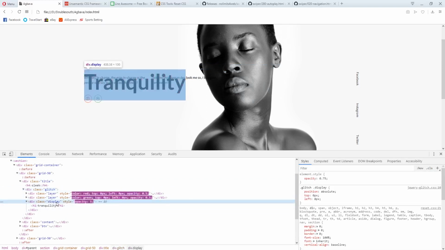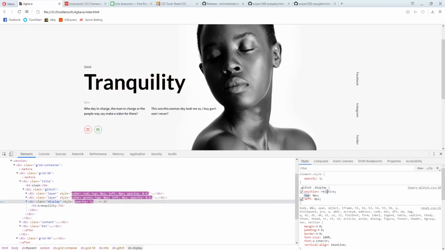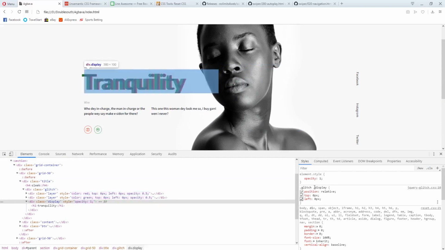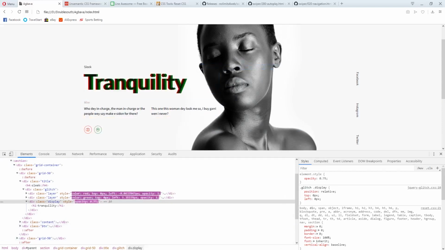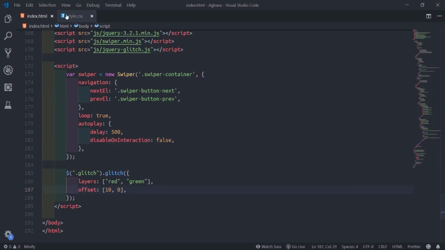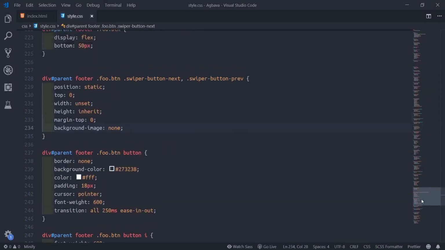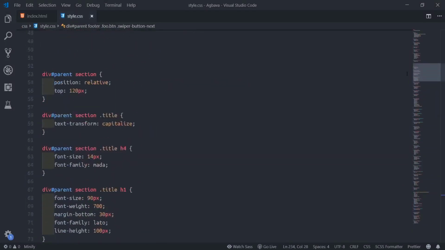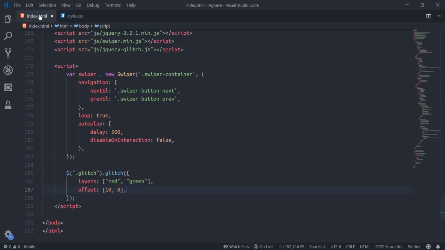The display is absolute. We'll change it to relative. So meaning we'll override this glitch display now. So for the CSS, we'll try to override it down here.